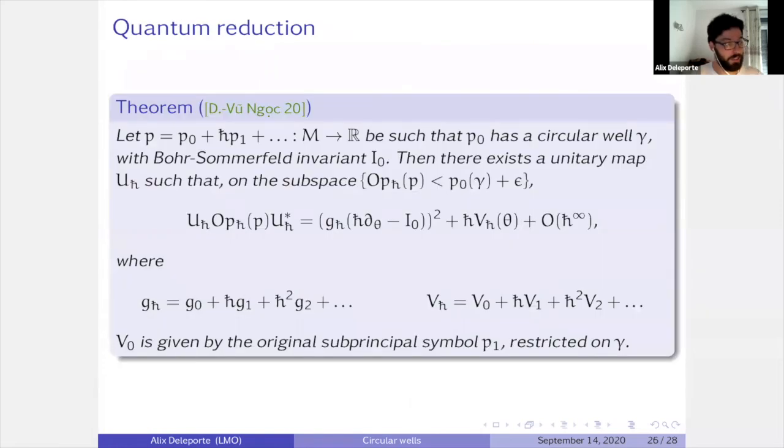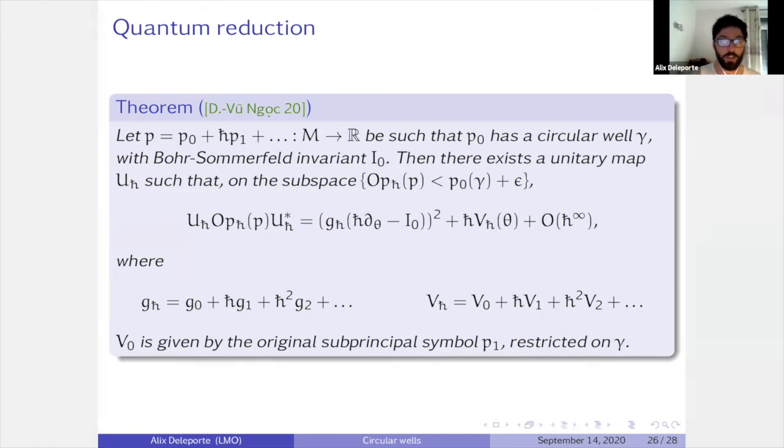And this leads to the complete statement, which is that given any pseudo-differential operator for which the principal symbol has a circular well, and given the Bohr-Sommerfeld invariant I0 of this well, which makes sense where gamma is a curve which winds once on your cylinder or which is contractible, then there exists a unitary map, well-defined on the low energy spectrum of your operator, which conjugates